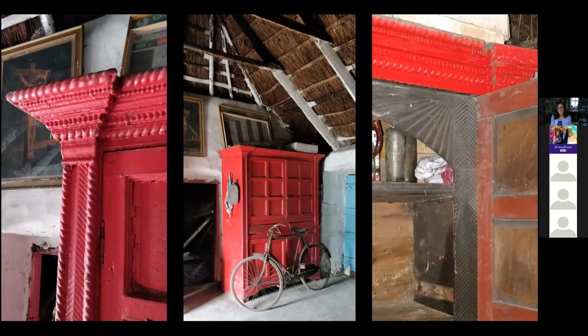This is the press which we measured recently to be quite sure that it could have been built outside and carried in or not. And it had a 2-inch clearance when we measured the front door and then measured the press. So it is possible that it arrived there from somewhere else locally. And you can see that lovely open ceiling above. The bicycle in front of it,